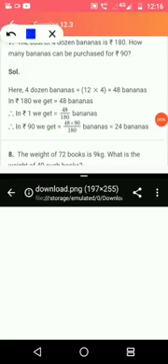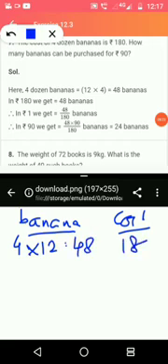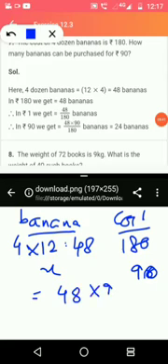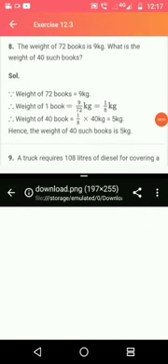Coming to question number 7, the cost of 4 dozen bananas. So banana and here the cost. Okay. So 4 dozen banana is 4 into 12 banana. 1 dozen is 12 bananas. So 12 fours are 48, costing 180 rupees. Now 90 will be for how many bananas? Cross multiply 48 into 90 divided by 180. So 9 to the 18. So it is 24 bananas. 24 bananas. Okay. Next. Question number 8.